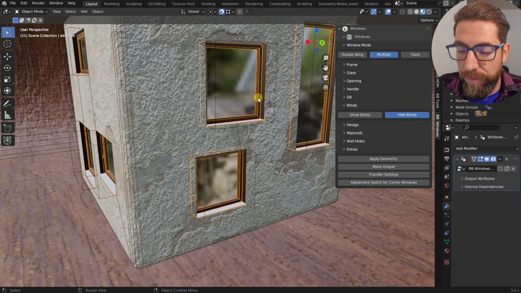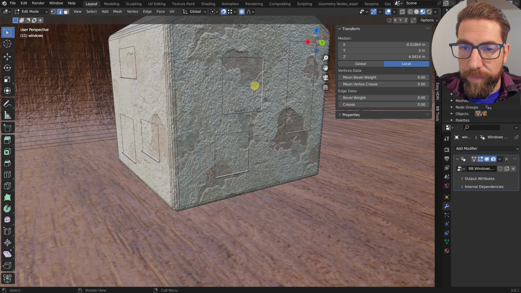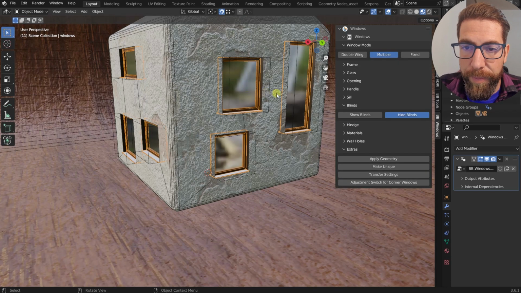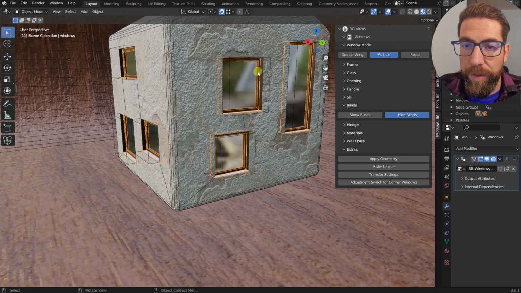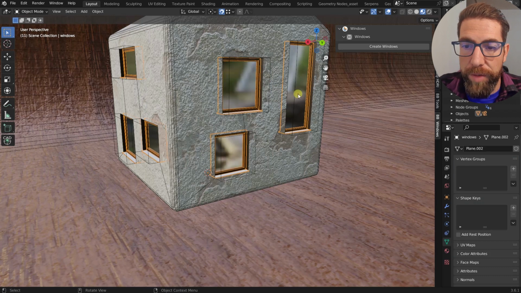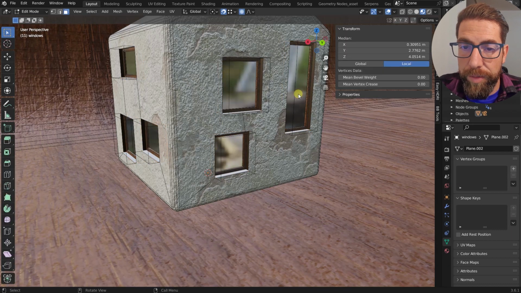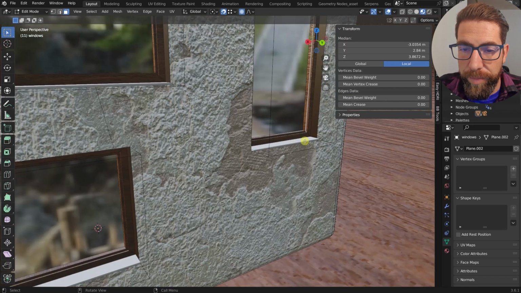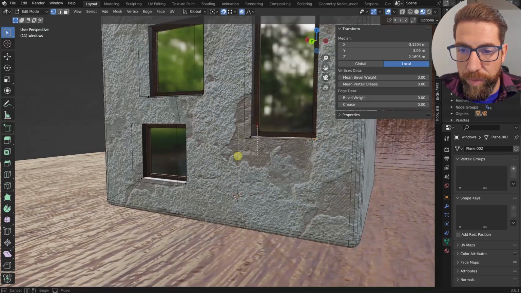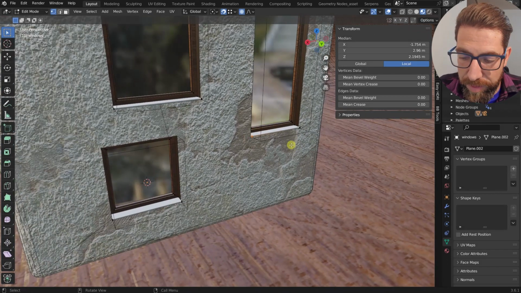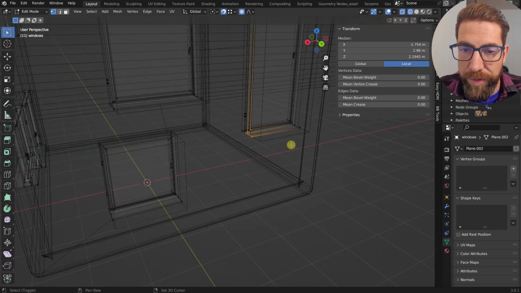So now you can see that if you go into edit mode of our windows object, you get our faces. But if you were to apply the geometry, then you would lose the procedural aspect of these windows, but you would get geometry that you could edit. So if I do this, apply geometry, then our objects would become, like you can see, part of the geometry, and like normal geometry, you can do whatever you would want with it. But this is something that you would probably not do. That's the whole point of